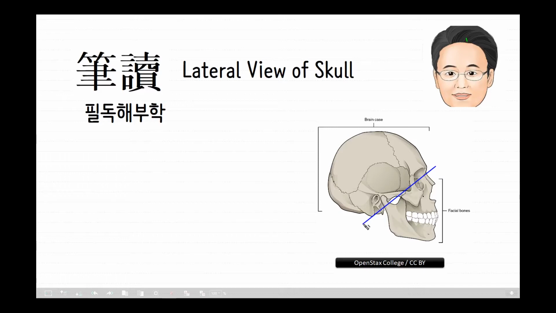Some textbooks like Gray's Anatomy subdivide the skull into three zones: face, temporal region, and occipital region. That means anterior, medial, and posterior. In this case, the face has been considered in the section on the anterior view of the skull. Anyway, in this video clip, we will adopt the former concept. The cranial part.